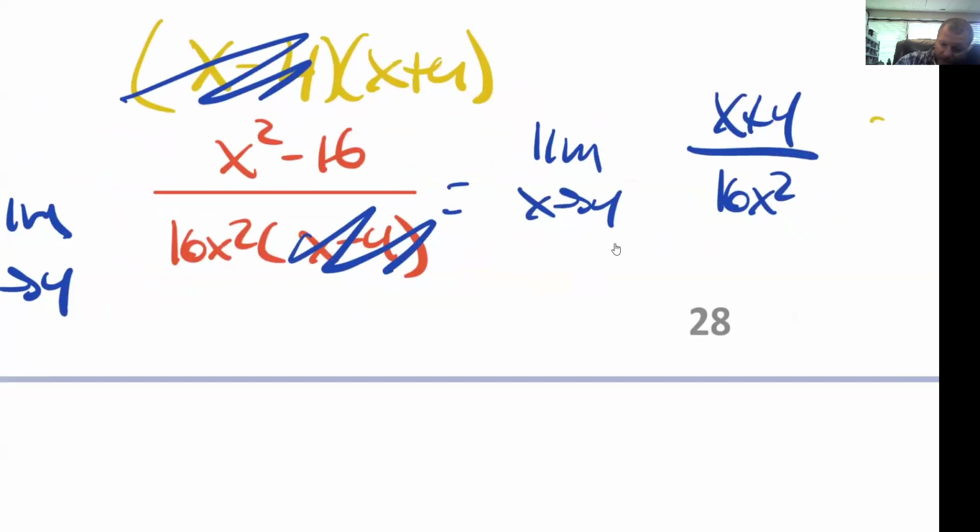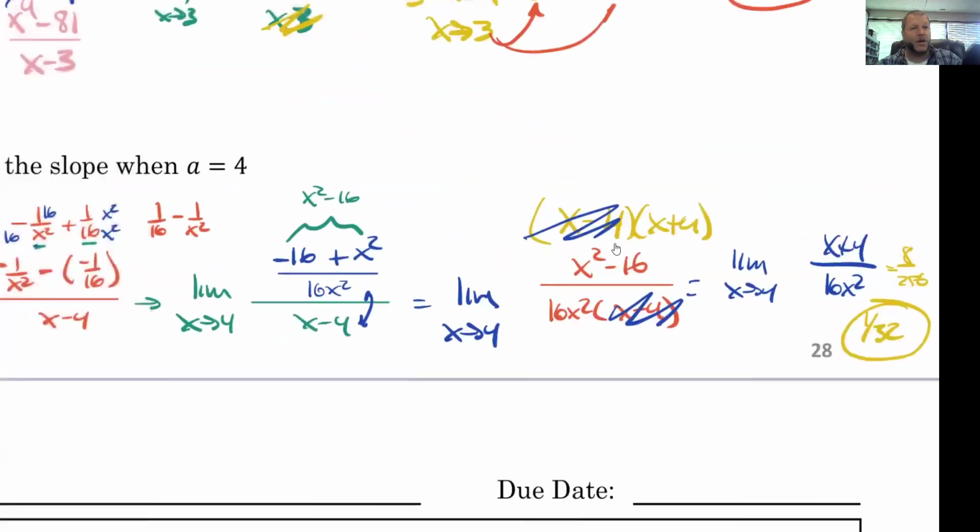So that's going to be 8 over 16 times 16, which is 256. And that's 1 over 32. So that should be our instantaneous rate of